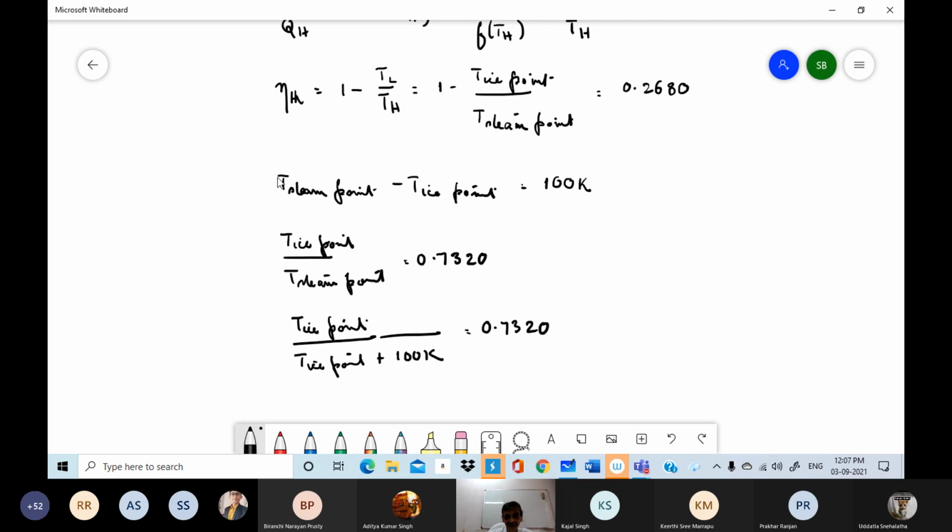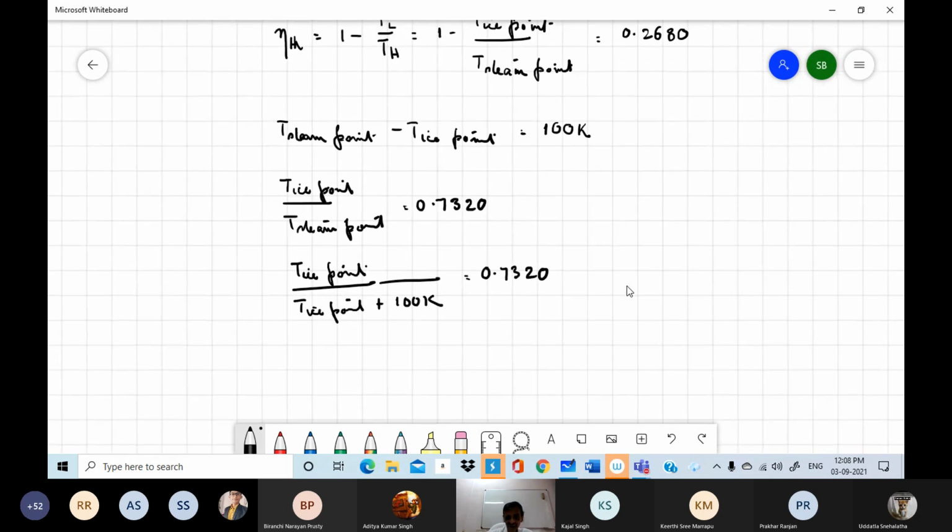So I've used the fact that steam point is 100K more than the ice point. So from this, I can say steam point is T ice point plus 100K. So that is what I have put here. Now let me take the reciprocal. Then I would have 1 plus